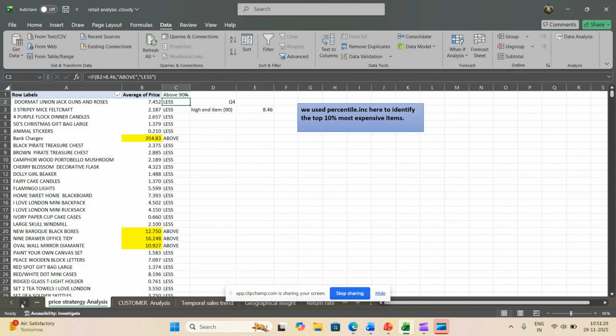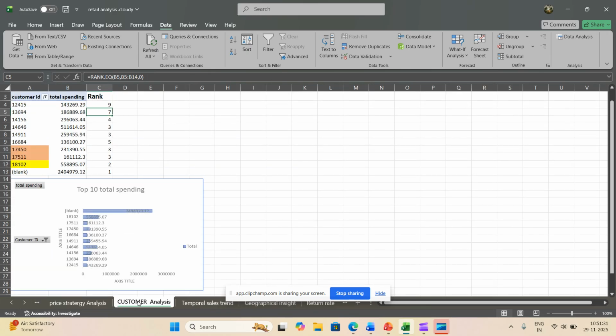Next is the customer analysis. Here I created a pivot chart according to the customer ID and total spending, and ranked them into categories 1 to 9.